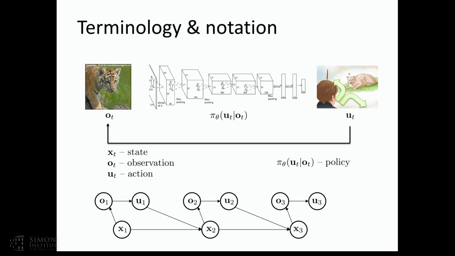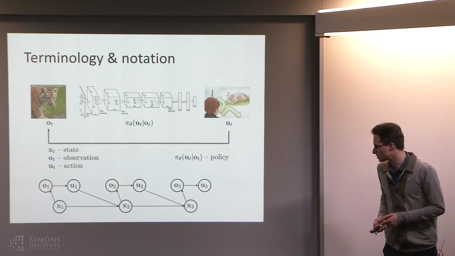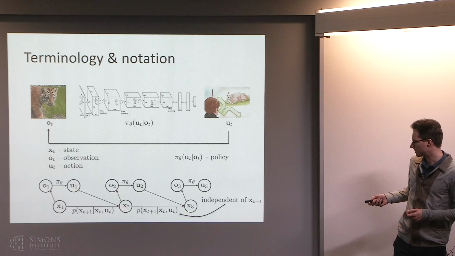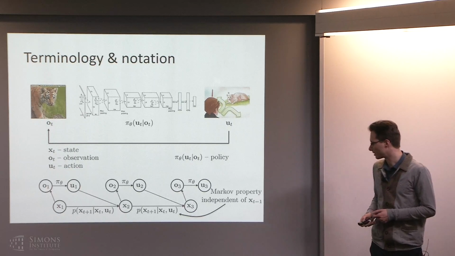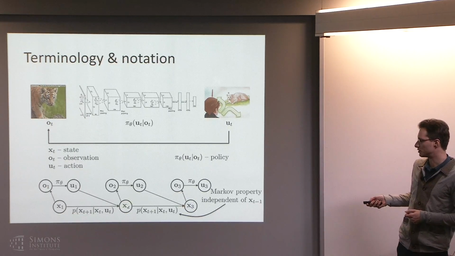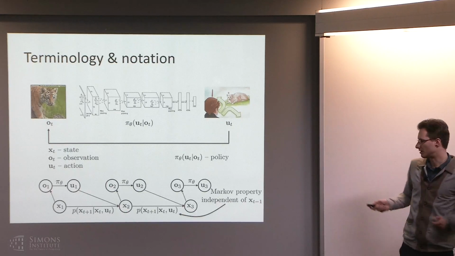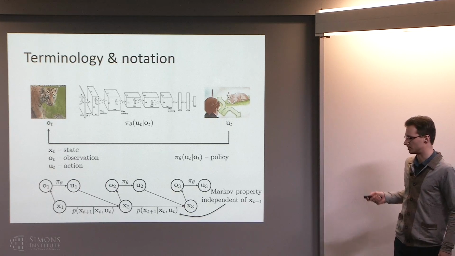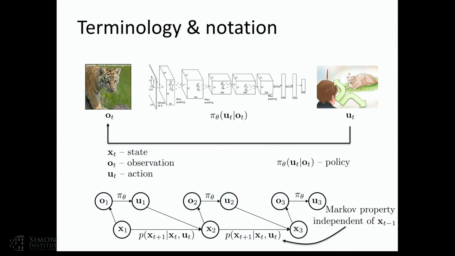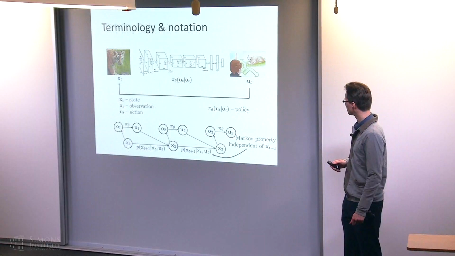Formally, what distinguishes the state is that if you actually draw the probabilistic graphical model, the state has an interesting conditional dependence property. The state at time t plus 1 is independent of the state at t minus 1, conditional on state t. This is called the Markov property. So the state obeys the Markov property, meaning that if you know your current state, that's all you need to know about your history. The observation in general does not. So in the general partially observed case, we'd like to get policies that work in response to observations, but we have to remember that an observation alone might not be enough to tell you everything about where you are. Really, the thing that has that independence property is the state. So that's just a little bit of definitions and notation.